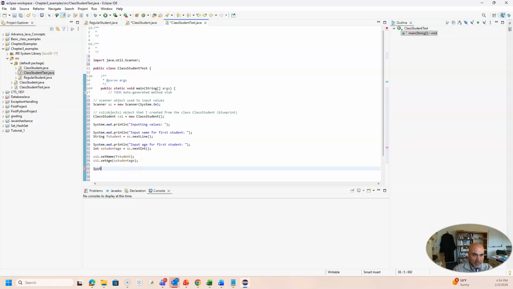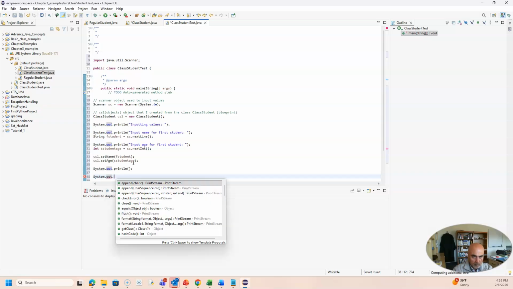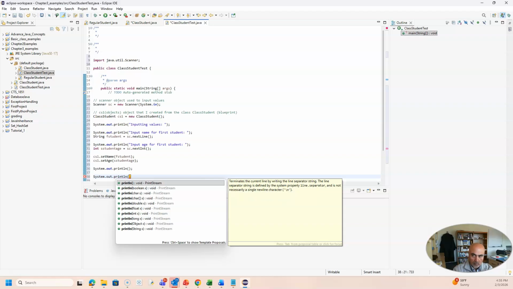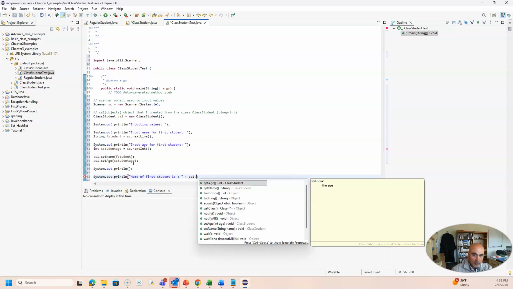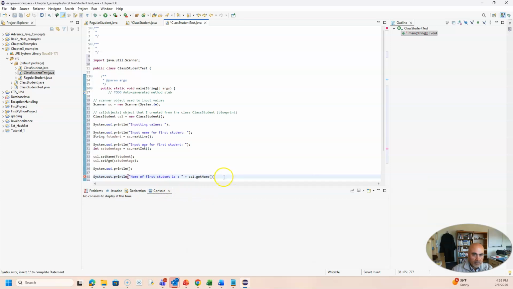And now I'm going to give it a space, so system.out.println, and I'm going to say name of first student is CS1 dot get name,